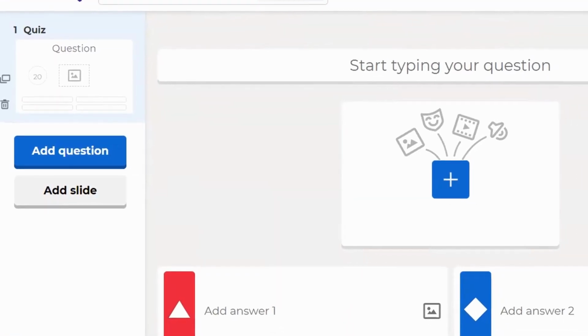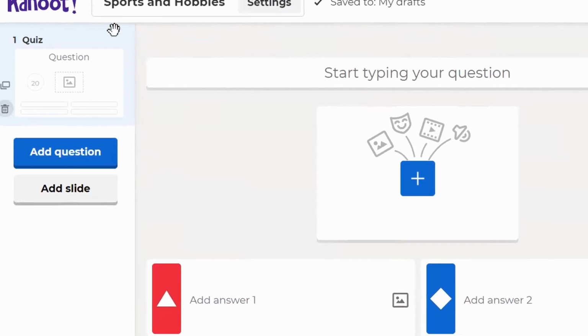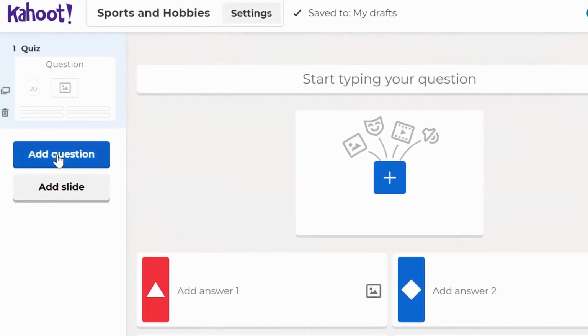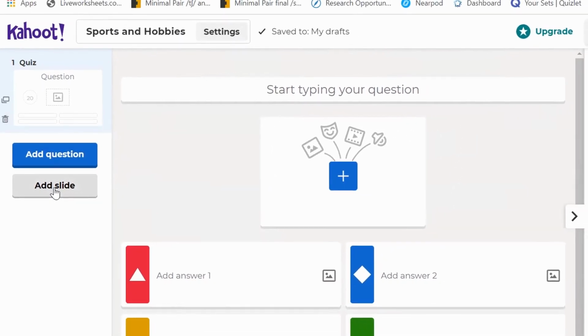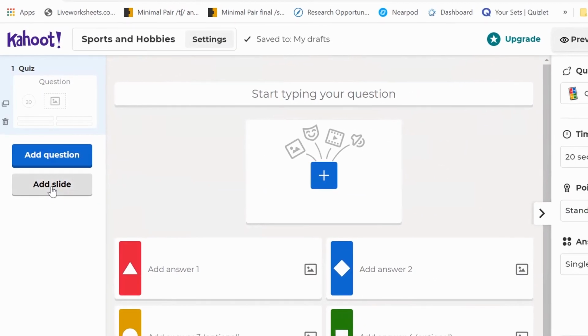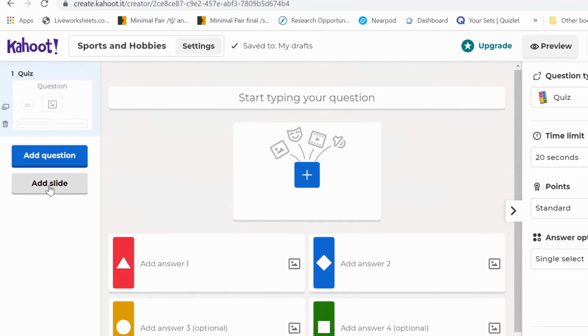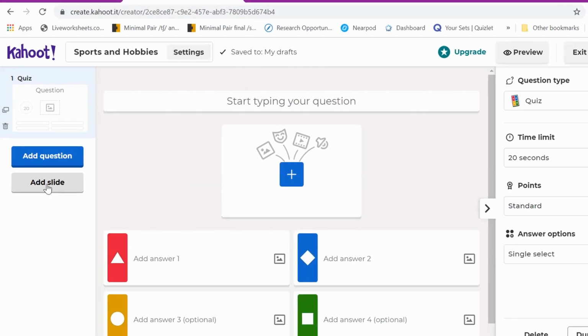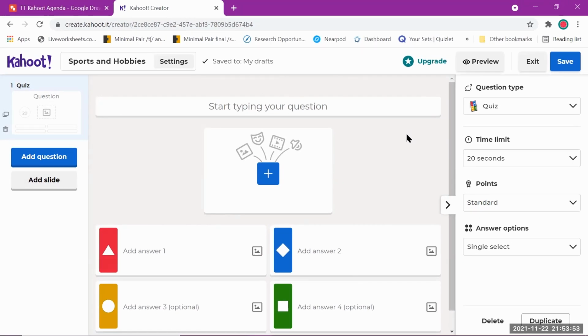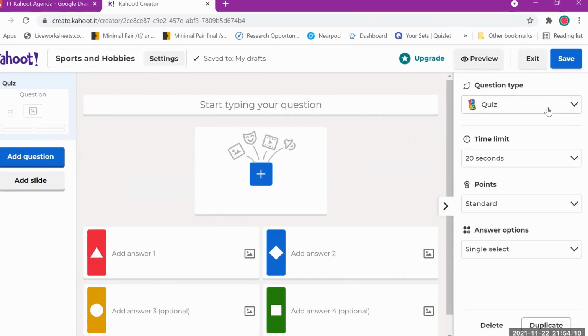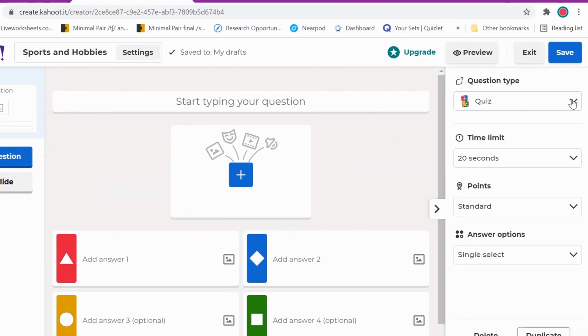On the left side, there are going to be the questions. I can add a question or I can add a slide. The slide doesn't have a question in it. It's like a point of learning or the point of teaching, it's a break, for example. It's going to last 1 minute, maybe with some talking points or explanation. You can ask a question and then the slide explaining why. On the right side, this is where you